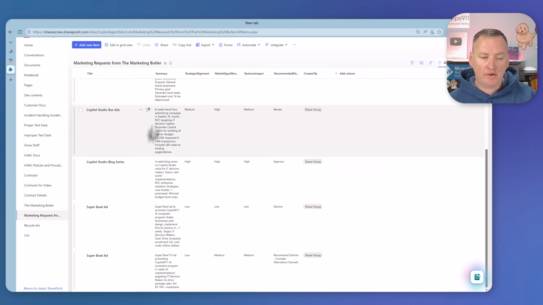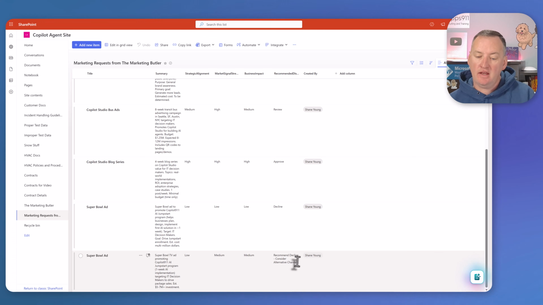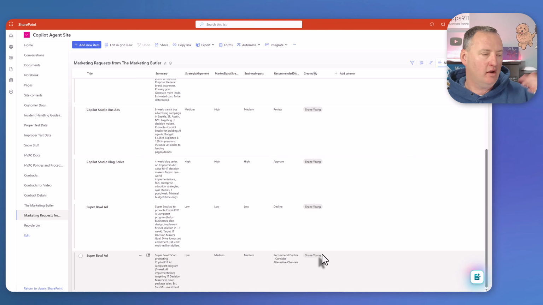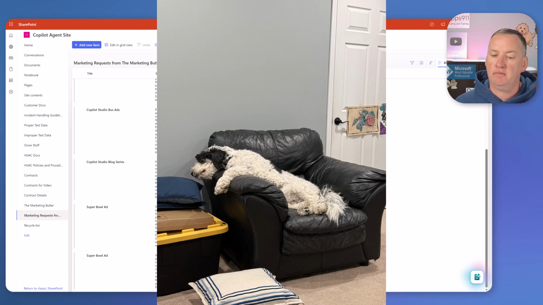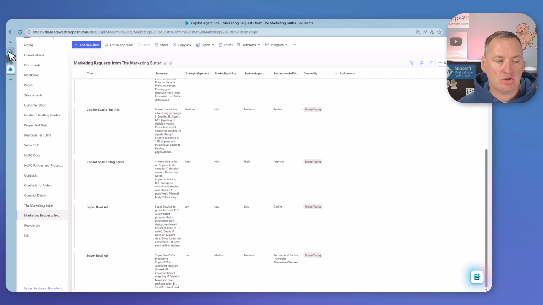And so here in SharePoint, you can see it's just a simple list. There's title, summary, the strategic alignment, marketing signal, business impact, recommended disposition, and then the created by, so we know who created it. Obviously, they're all me at this point, but when Buddy over there submits it, then it would be Buddy as well. Okay, so that's all we did, a simple SharePoint list. Now keep in mind, with summary here, I made this a single line of text. It only has up to 255 characters. So then I had to make sure with my agent